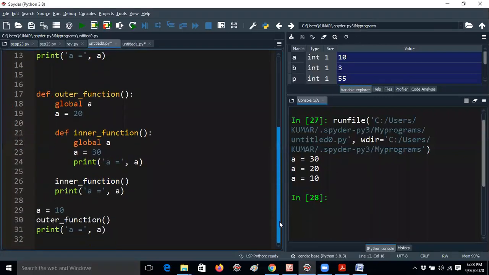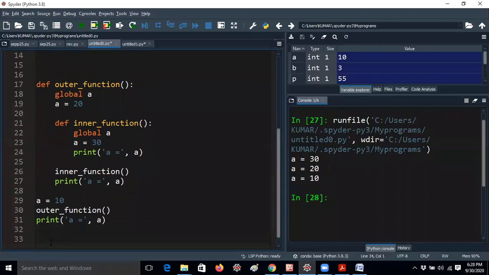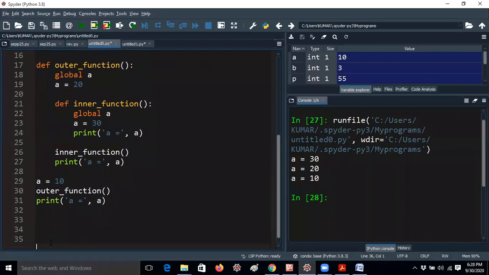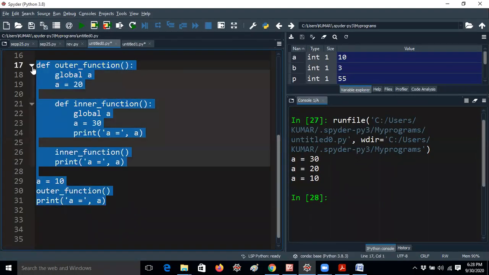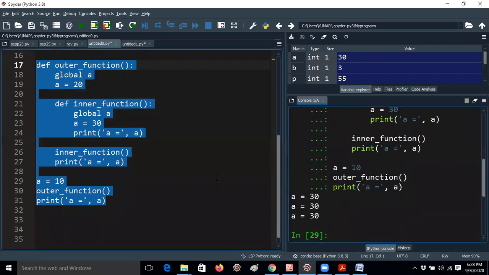So the next topic, guys. Python has some keywords like global. Global is a keyword in Python. Let me explain the same program with global a added. What is the difference between a global and a normal variable? I will tell you, guys. If I execute this program, I am thinking that I may get 30 30 30. Yes, that's absolutely fine. Okay, thank you.